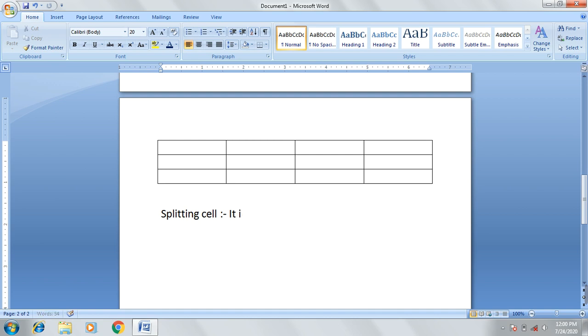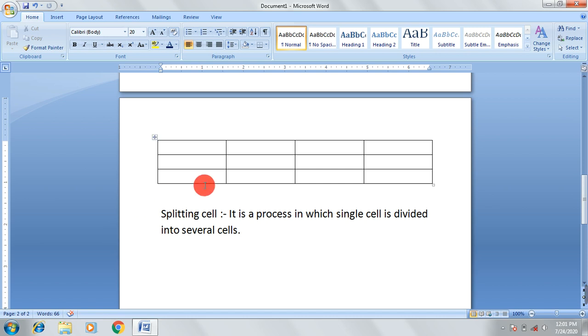It is a process in which a single cell is divided into several cells. So if we split a cell, it means we are going to break or divide a single cell into several cells.